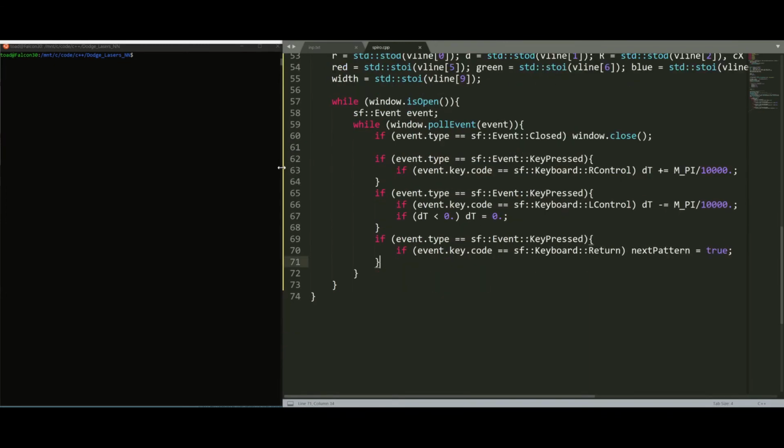And the reason I have it like this is because if you just press a key, it's hard to press it and the loop to only see it register one time, because this program is running at 60 frames per second. So if you hit return, it might skip through a bunch of your spirographs. So it has to be so that basically if you press the return key and then you release the return key, then it goes to the next pattern. Yeah, so it's to prevent that from happening, where you hold return key and it says, oh, you pressed return, you held return like 50 times, so we're going to go to the 50th spirograph, which is what you don't want. So I have another conditional in here, if event type equals SF event key released